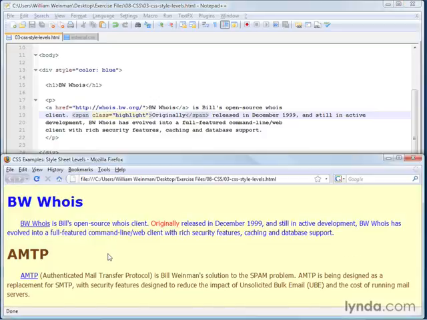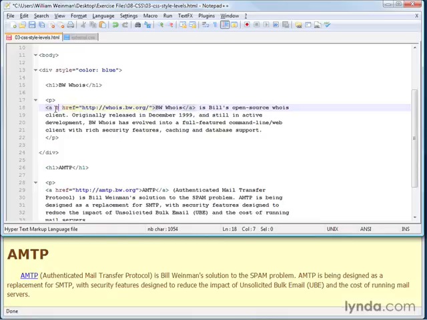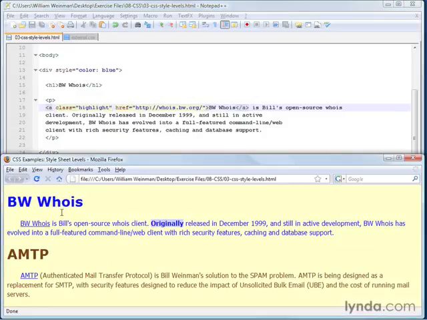I've saved that, and I'll go ahead and reload in the browser. And we see that now it has that bold font and the highlighting behind it. In fact, if we wanted to, we could apply the class selector to any element in the HTML. We could apply it to this A tag. We could say class equals highlight. And now the anchor, the link, will be highlighted in the HTML. See there?